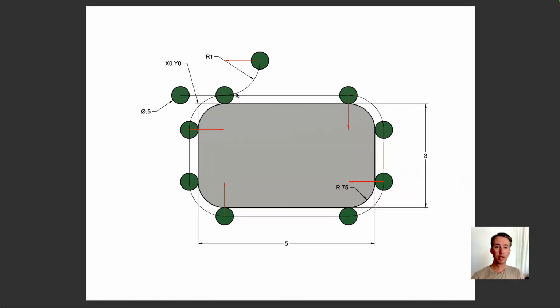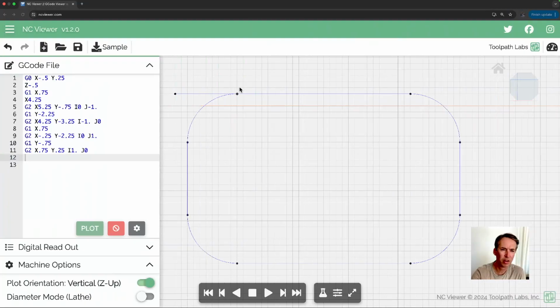So now this is called a lead out. We're leading out of the part, and it's common to have an arc out of the part. So if you've noticed, I actually messed up on this drawing. That red arrow was supposed to be from here up. But this is a 1 inch radius arc. So we're moving basically over 1 inch and up 1 inch in x and y. So from our current location,